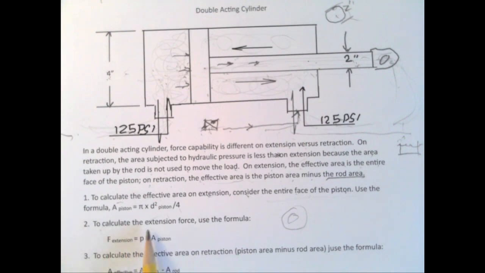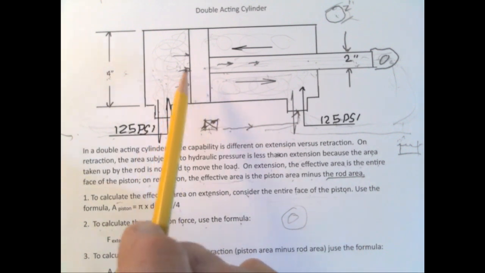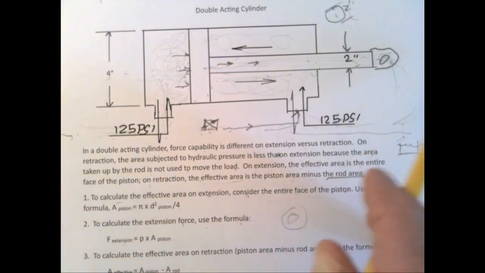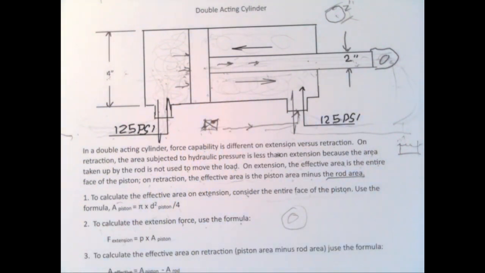To calculate the extension force, use the formula force for extension equals pressure times area of the piston. That would be that area. The rod area is... did you get the force? It's pressure times the area. Pressure times the area. For extension, that means you're going this way. The next step is to